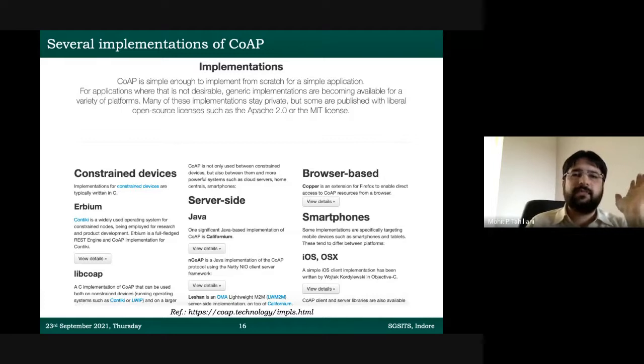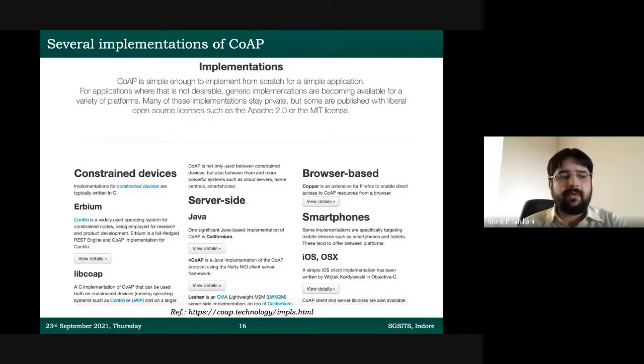Pick up the one that you are most comfortable with. There is one in C, there is one in Java, there is one browser-based implementation. There are so many different ways by which CoAP has been implemented. Pick up the one that you like the most. And by the way, on the same web page, you will get 2 categories of CoAP implementations: open source CoAP implementations as well as commercial CoAP implementations.